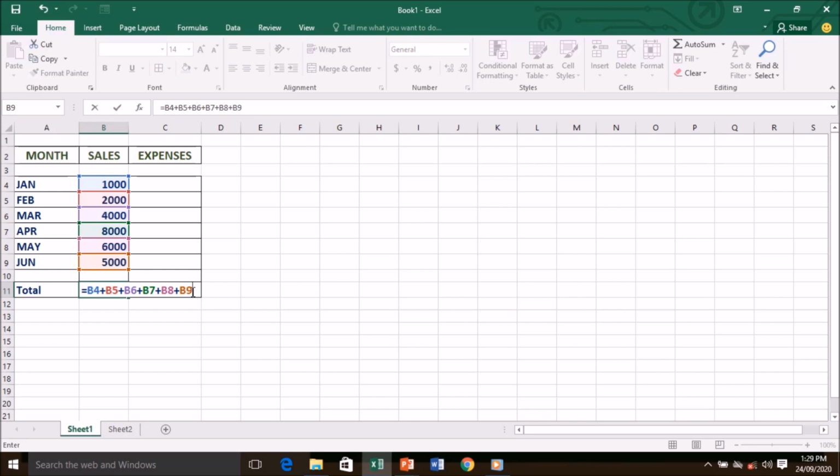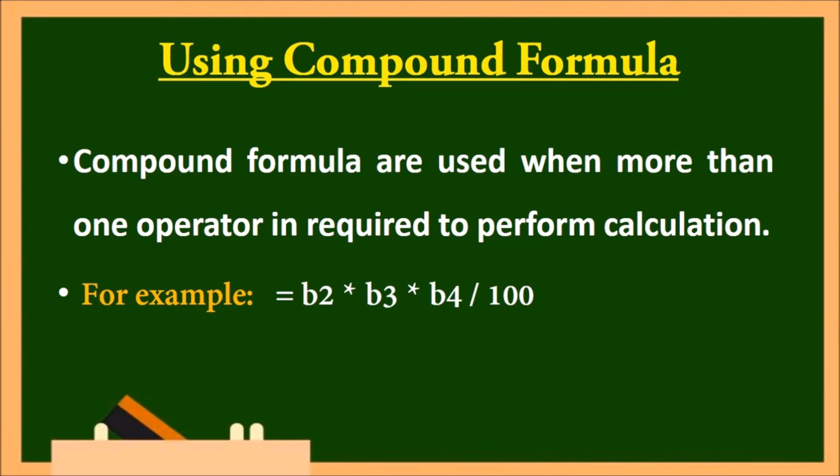So the moment I press enter key, see the total has come up here, and in this formula bar you can see the exact formula which we have used, and here the total is appearing 26,000. So this is the basic formula. We have used a basic formula for this.